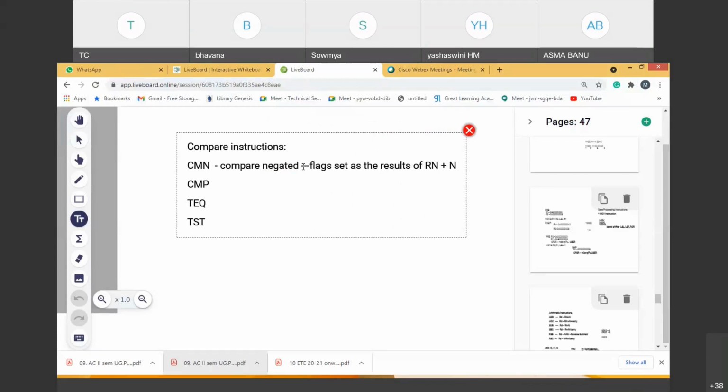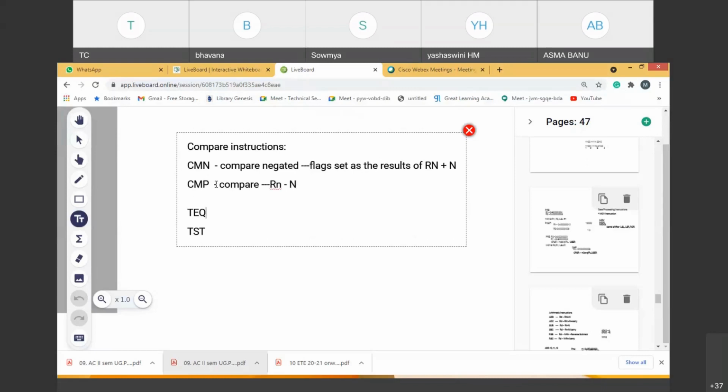Plus is shown because comparison is nothing but a logical operation. You know the subtraction operation. Similarly, compare here. For example, Rn plus n I have written because of negating the second one; otherwise I would have written Rn minus n. Rn plus n I have written because of the negate of the second register, which is n here. Minus of minus n is plus n. That's the way. So here compare again, in a simple way: what we are doing is Rn minus n. This is how we should understand.